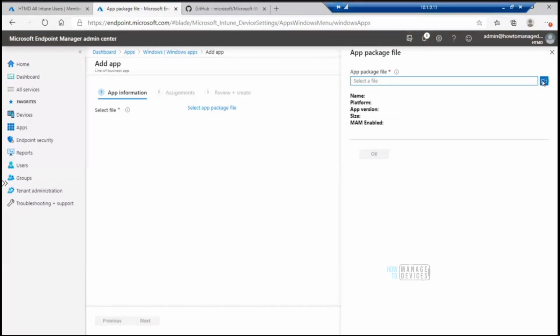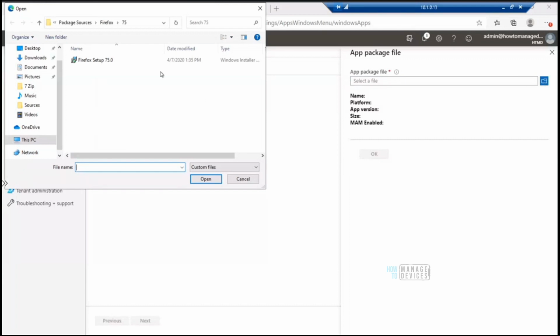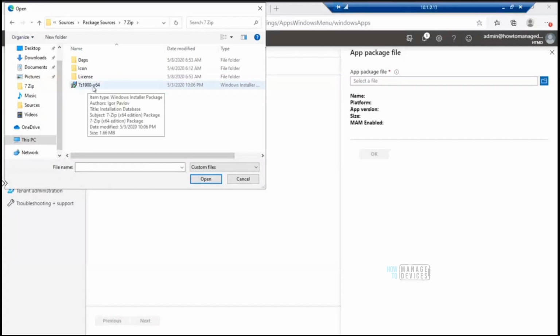If I want to upload an entire folder, what will I do? If I go to 7-zip over here and I want to upload the entire folder like in SCCM, in the SCCM world there are a lot of packages like this, with different folders, etc. In this scenario, we can only upload this particular MSI, not all the other folders.